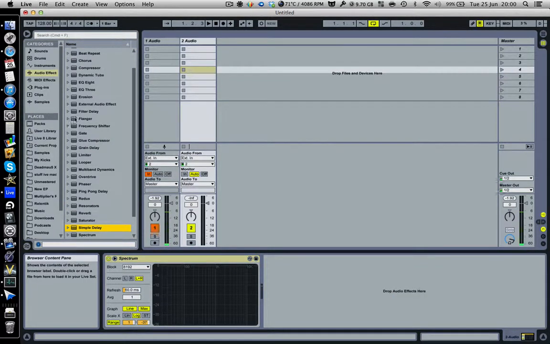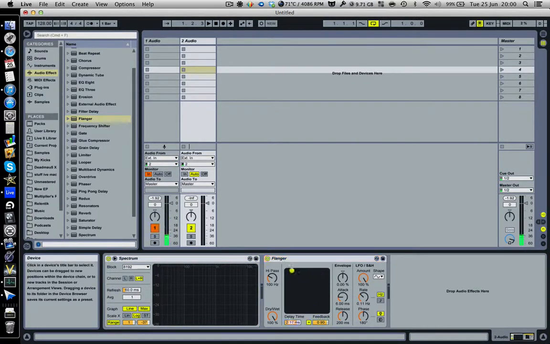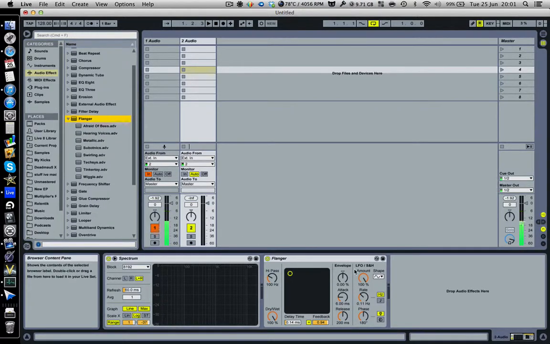So next one, flanger. Flanger's got its own sound. No point in me explaining to you the physics of how it makes the sound. You've got a whole bunch of settings. Best to play with the presets to get a feel for what a flanger is. And then once you get a feel for it, my normal advice is start off with a preset and then maybe tweak the settings,